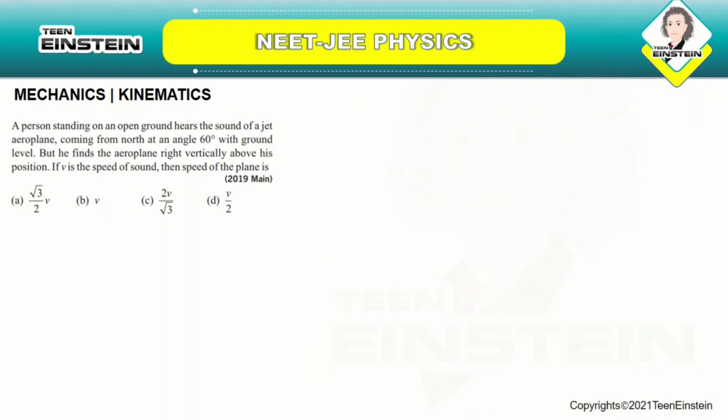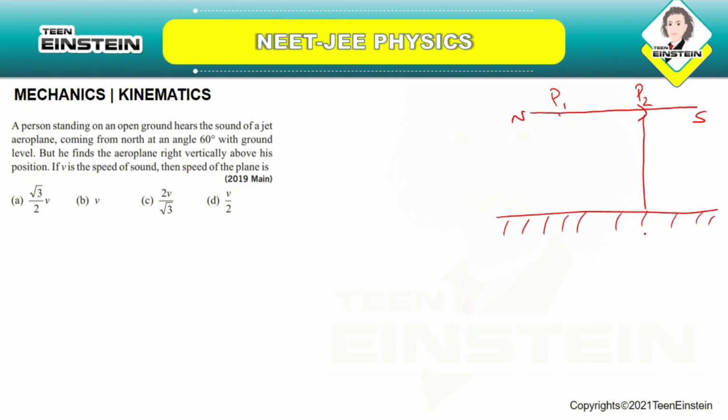A person standing on an open ground hears the sound of a jet aeroplane coming from north at an angle 60 degree with the ground level. But he finds the aeroplane right vertically above its position. If v is the speed of sound, then speed of the plane is. So, you can draw a diagram for this for better understanding. Like here you are having the north to south, and here the aeroplane is going, and this is position P2 and this is P1. Here the person is standing